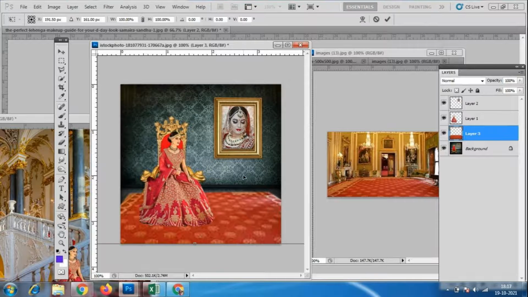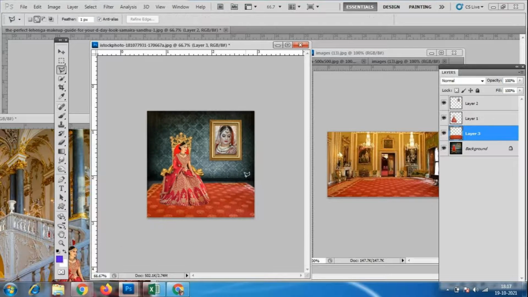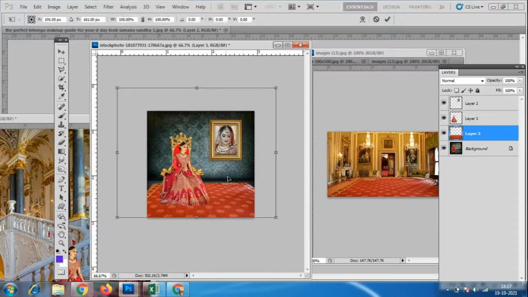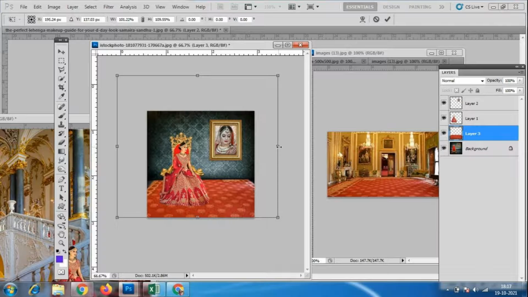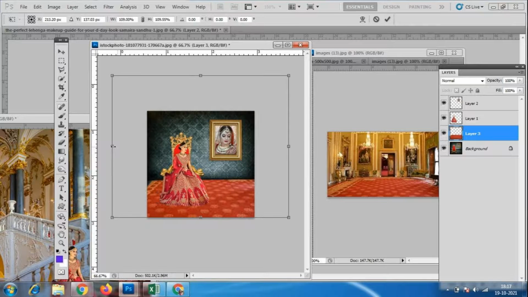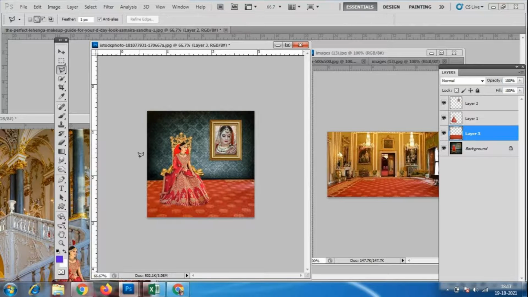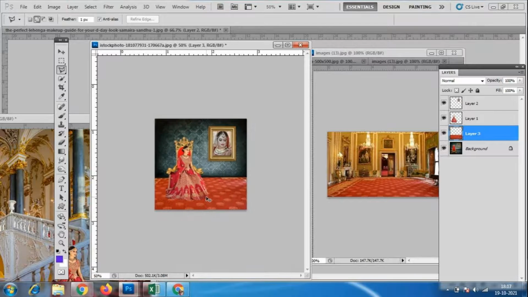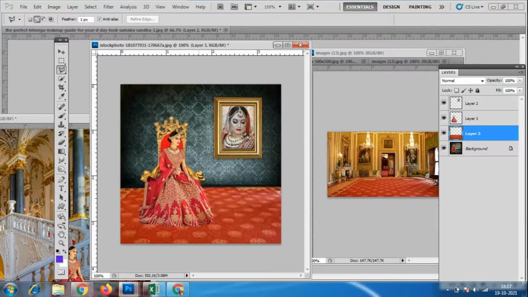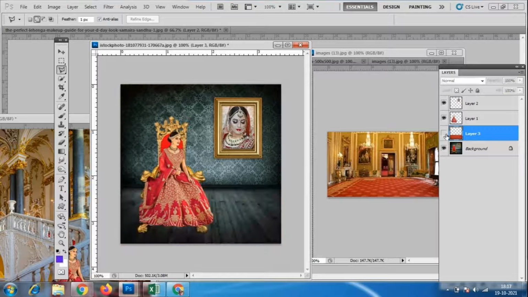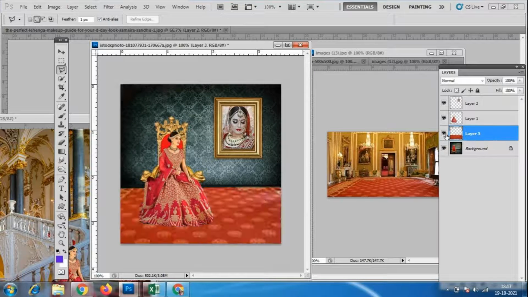If you want, you can extend it. Like this, neatly according to the floor I have adjusted. I want this kind of work from everybody. Before it was like this. Now I have added this carpet background.